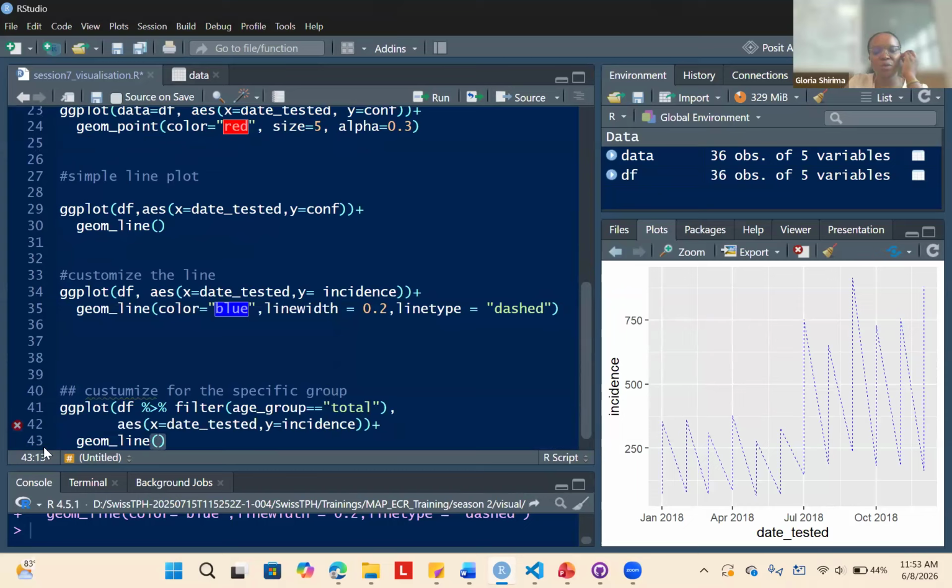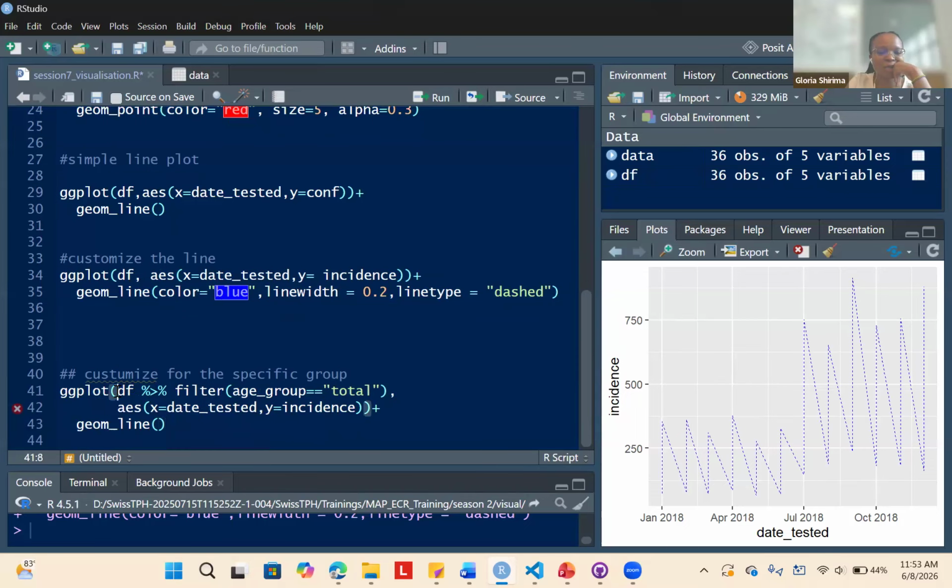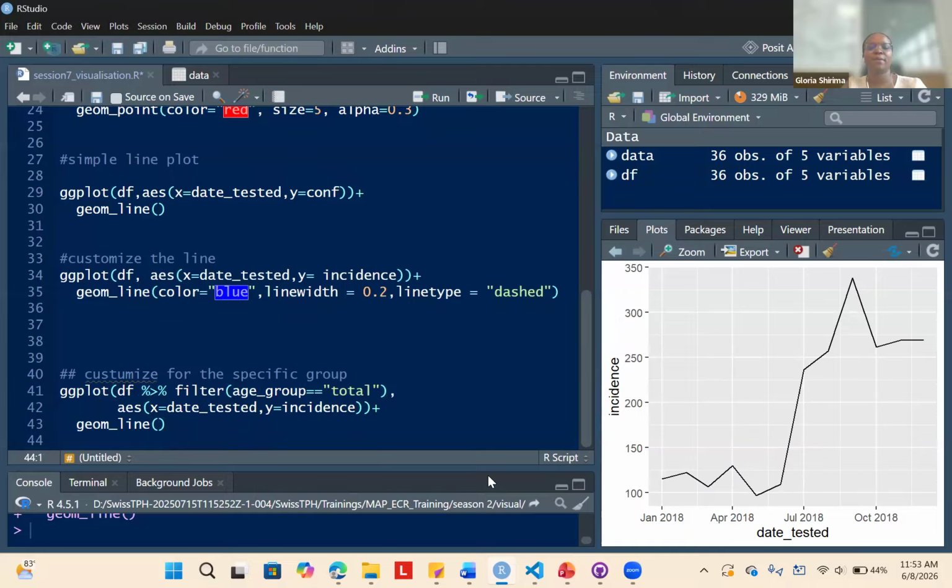But we see I do have this error here because maybe there is one of the brackets that isn't closed. And here filter is equals to total or static. Yeah, I think it's okay. So we'll run this. Yeah. So we see we have a very good line for us to say these are the incidents for the